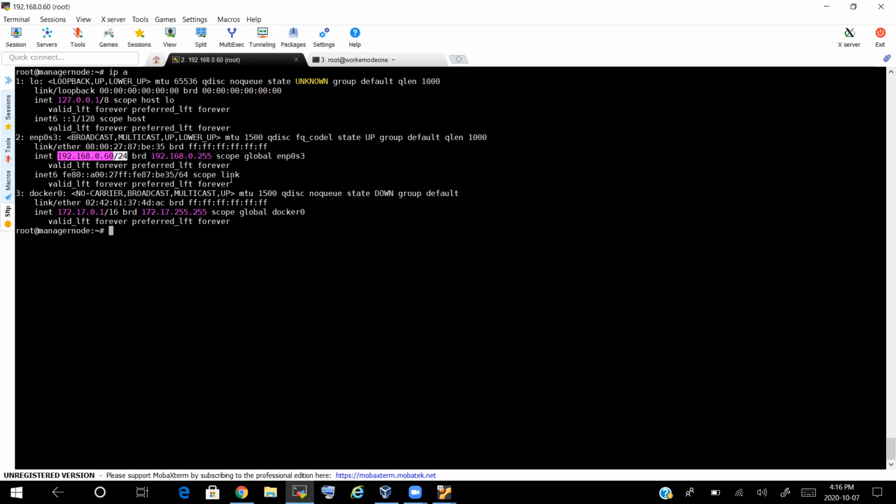One more point. We need to use the kubeadm init command in order to bootstrap the manager node. But here I want to pass some specific options. For my pods, the applications which are getting deployed, I want a specific subnet to be used in order to assign IP addresses to them. We'll discuss pods later, but for those pods to get an IP address, I want to use a specific subnet. So how can I do that?